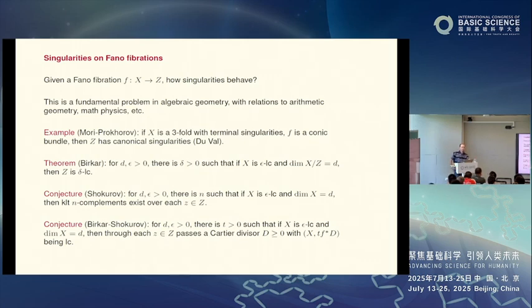Okay, so there are many, many questions that you can ask in the setting of a Fano fibration. And one of those, which is very natural from the point of view of birational geometry and singularity theory, is related to singularities. So suppose I have a Fano fibration, X to Z. Well, how do singularities behave? Can you relate singularities on X and Z and on the fibers, for example? You can ask this question, of course, more generally, not just for Fano fibration.